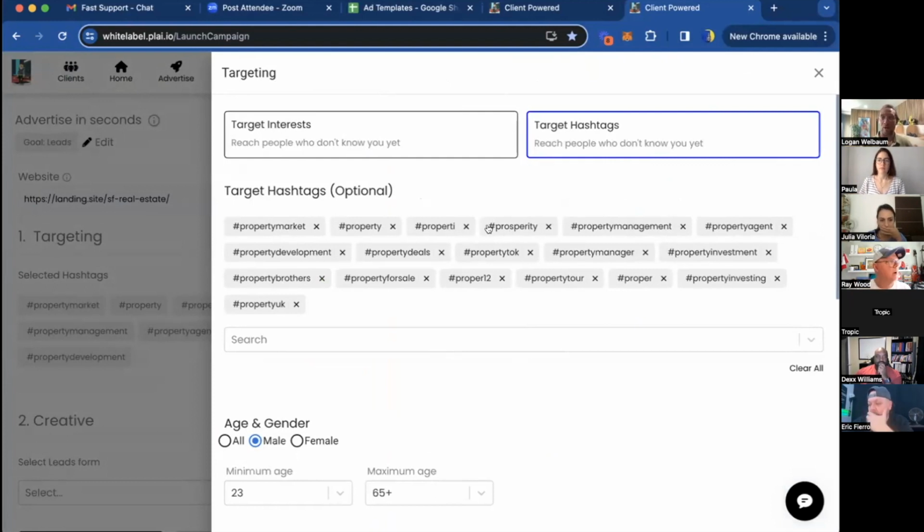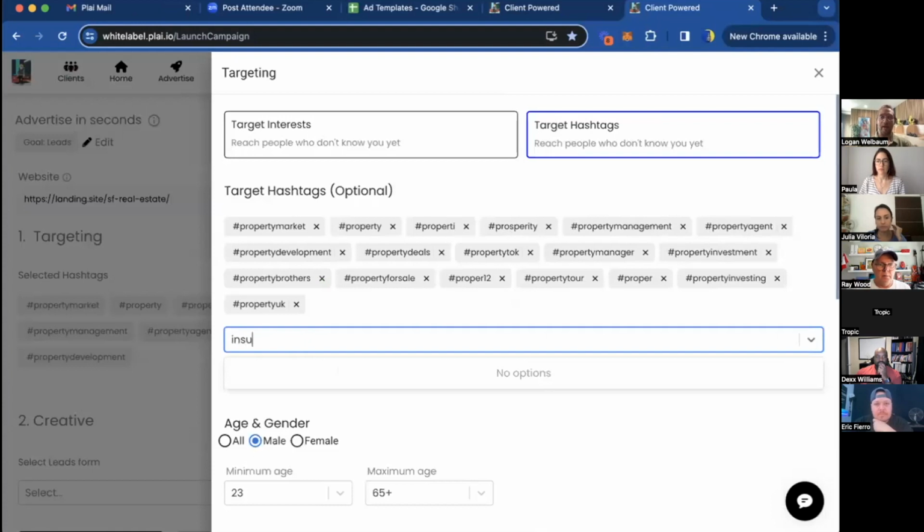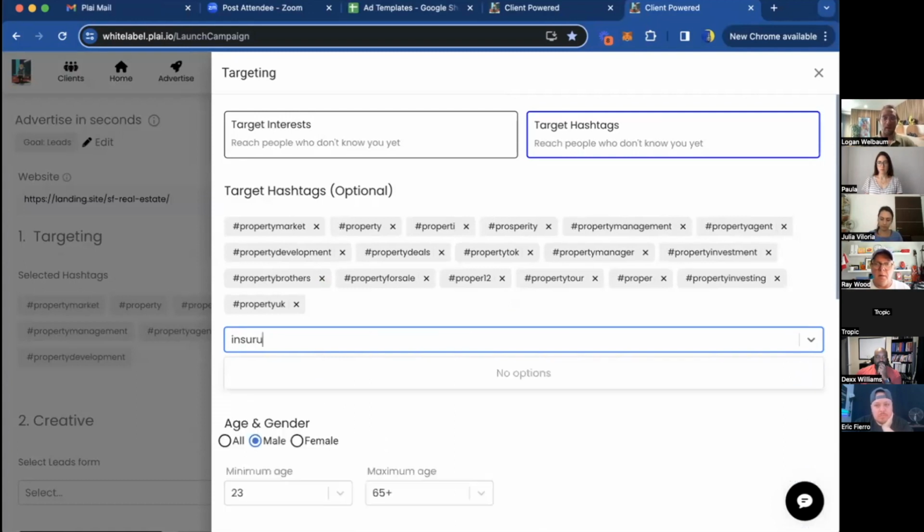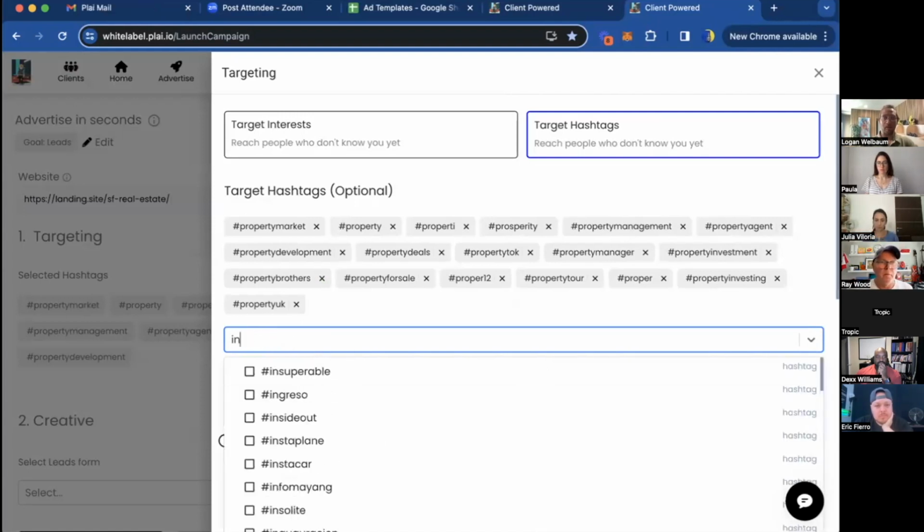Maybe you're a coaching business who's only coaching insurance agents. So you could type in a hashtag like insurance tips, or insurance.